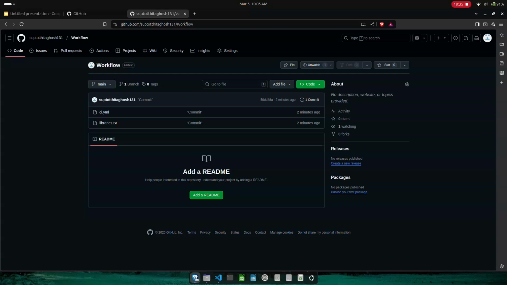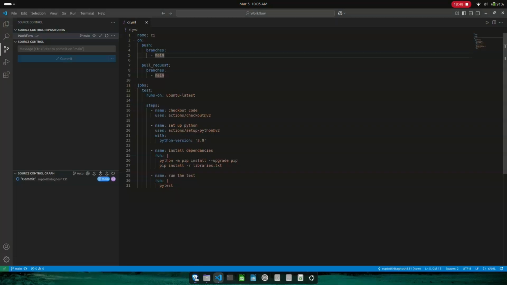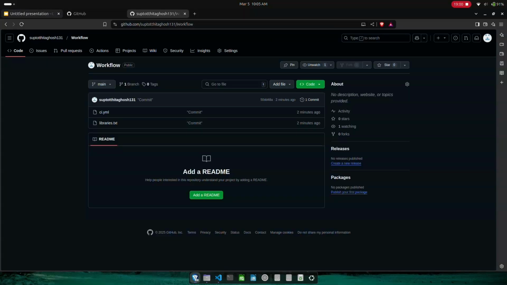You can automate your testing processes, catch errors early, and keep your code base healthy. And for every commit, we can push and pull, and we can commit changes step by step as well. You could have just written the first step and committed, and then written the next part and committed it again. So that also could be done here. So yeah, this is all about working with GitHub.